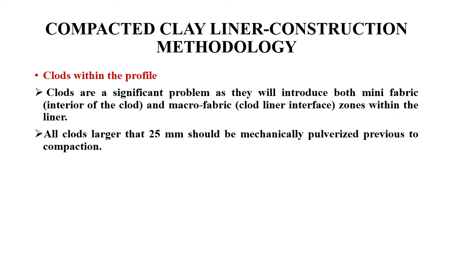Now another technique that we have to follow to make sure that your liner permits only low hydraulic conductivity is to reduce the clots which are formed. Clots are nothing but aggregations of soil particles. So when clots are formed, obviously the space between them will be large, and there will be higher hydraulic conductivity through the soil structure. Therefore we have to make sure that all such clots greater than 25 mm are broken down properly, and then it is used in your liner material, so that you can keep the hydraulic permeability low.